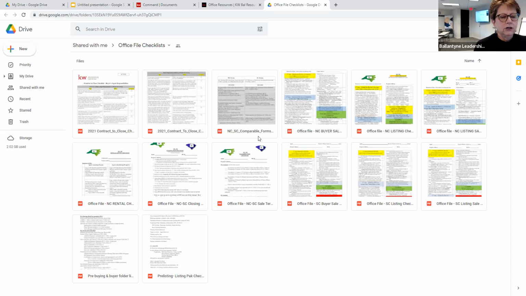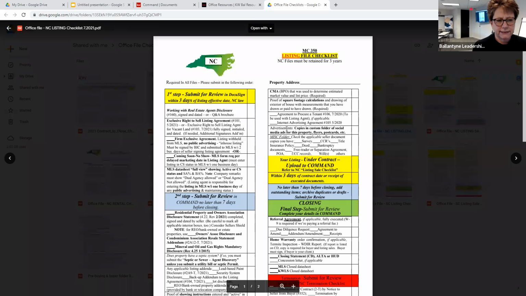Okay. So now we're into the checklist. And if you have a listing, just pull up this checklist. You can download it and then you can write down what you have. But you'll notice the first step is to submit for review in Command, actually, within 3 days of